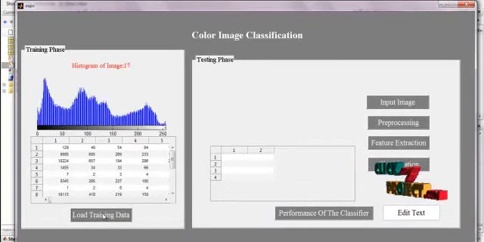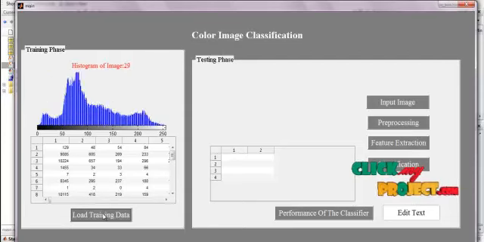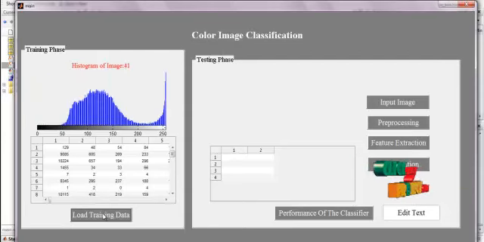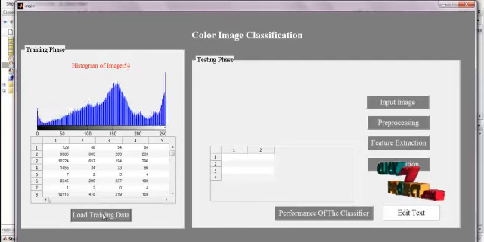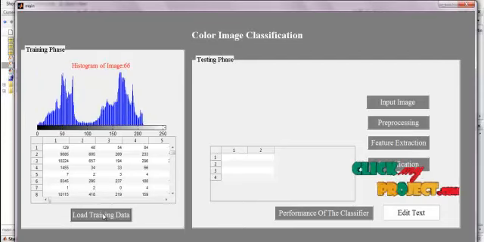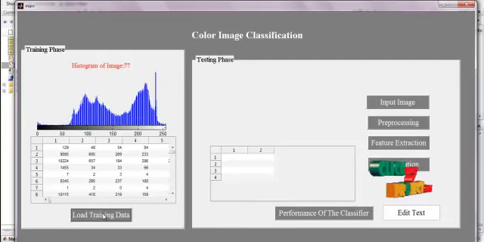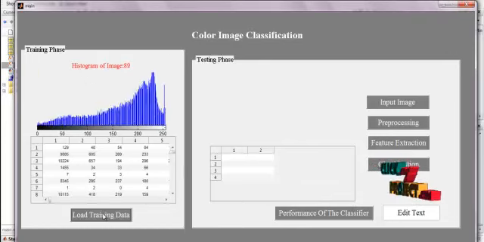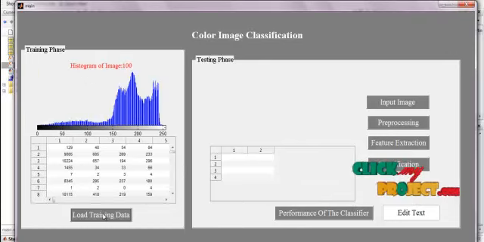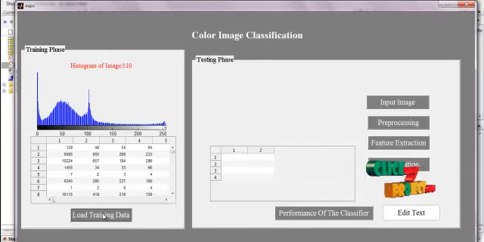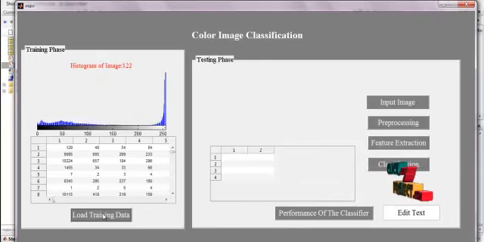So here we are extracting the features for all the images. We are extracting the color histogram features. In total, in the data set we have some 200 images. So the features were extracted for all the images. The features and the histogram values were displayed respectively. The feature values represent the color histogram values.